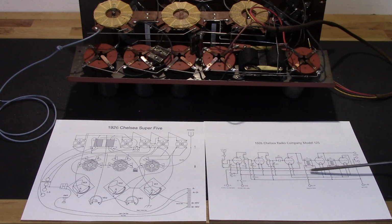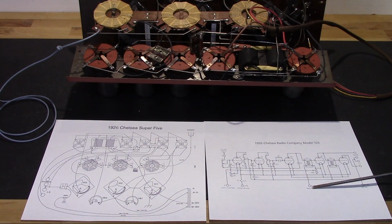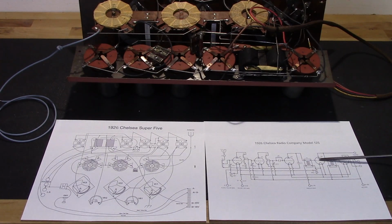T1 V4 is an amplifier circuit. For your detector, you have your plus 45 volts going to it. For the amplification stage, you have 90 volts coming through, hitting this plate, and it goes on to that phone jack here. The phone jack is going to pick up the audio coming out of V4, and then it's amplified